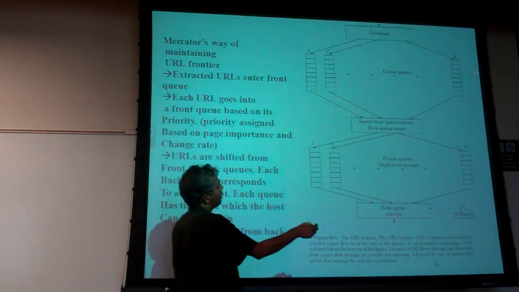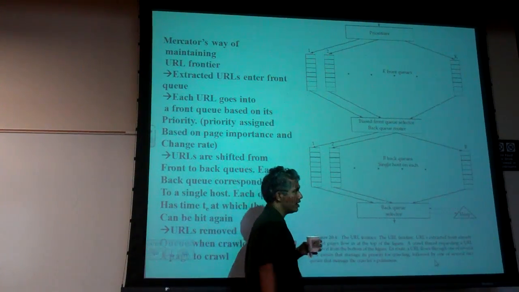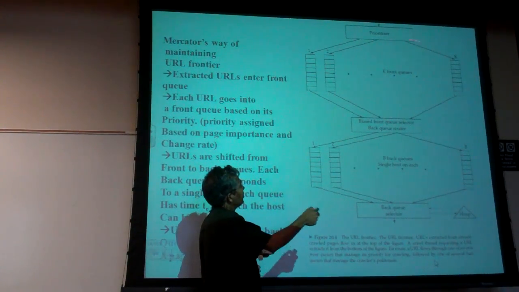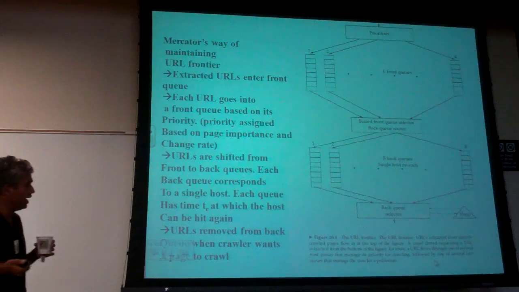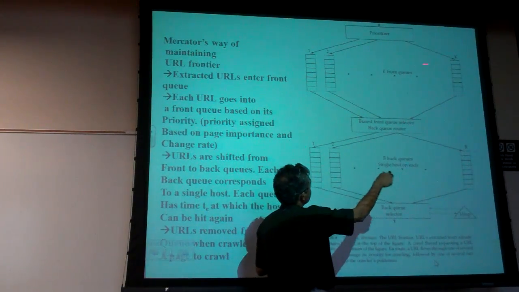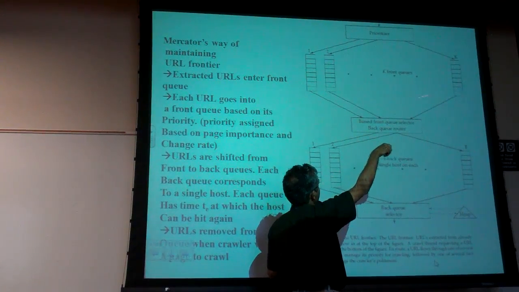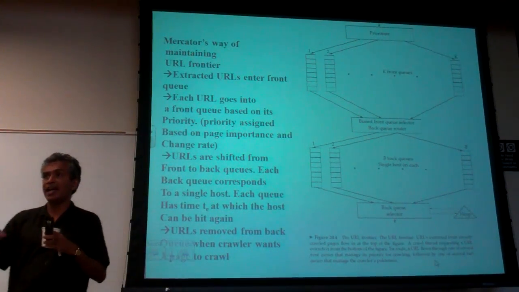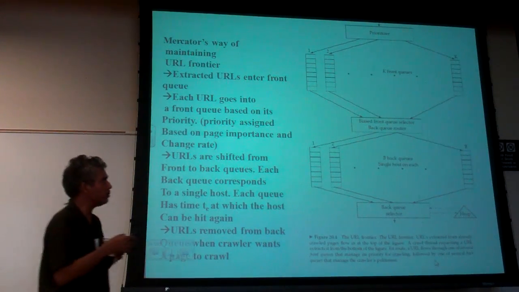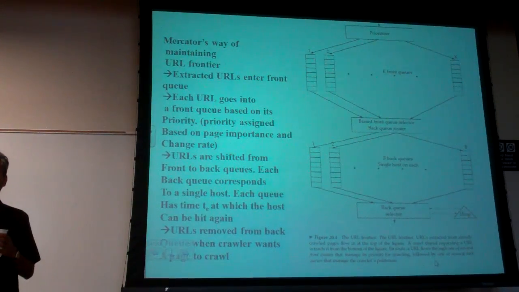Here you have a bunch of priority queues. Each priority queue is priority 1, 2, etc., up to k. I can assume that the higher the number, the higher the priority, for example. You can decide whatever. The idea here is that you will tend to pick randomly from one of these queues, but the random selection is biased towards the more important queues. So you tend to pick more often from this than from this. But none of the probabilities are 0, so that means there is no starvation for any of the queues.